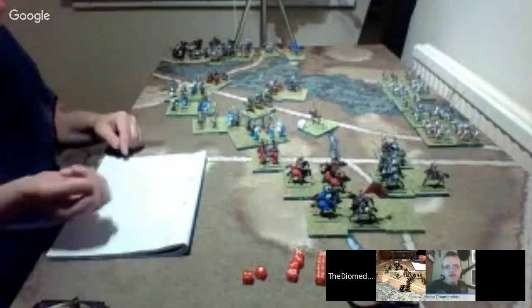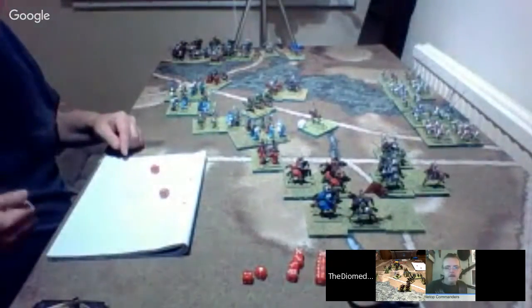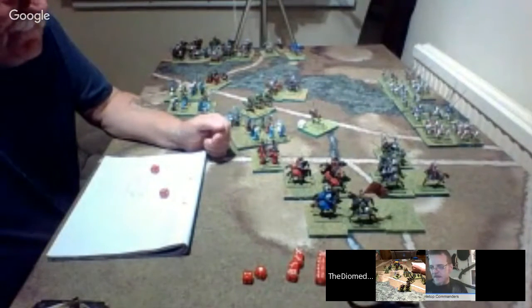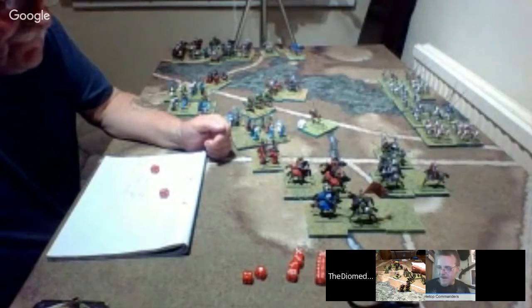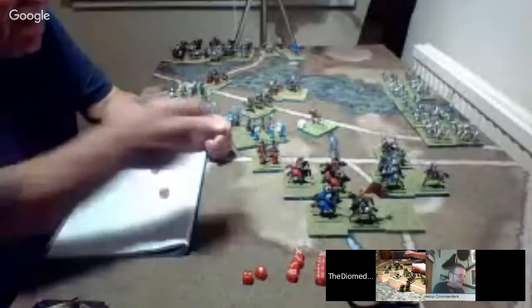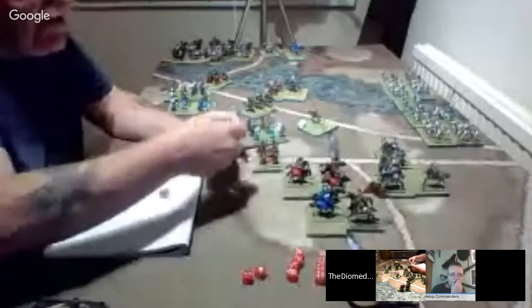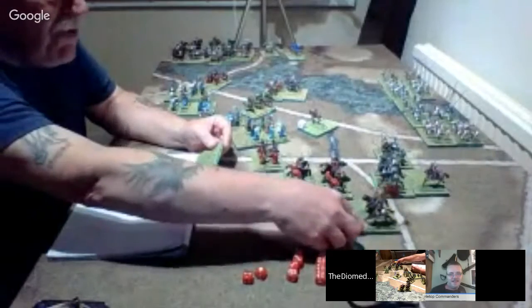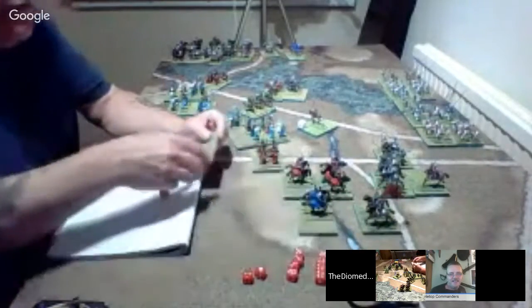We need 7 or more. 7. Right, we're both safe. But I was the attacker, so, in fact, because we both attacked, I think we both become battered now. So we go back to the